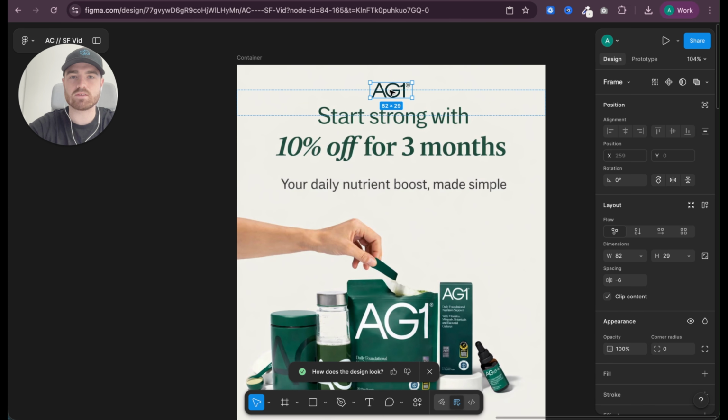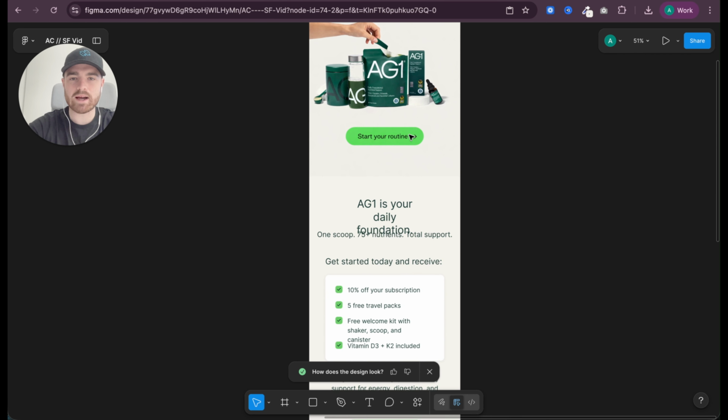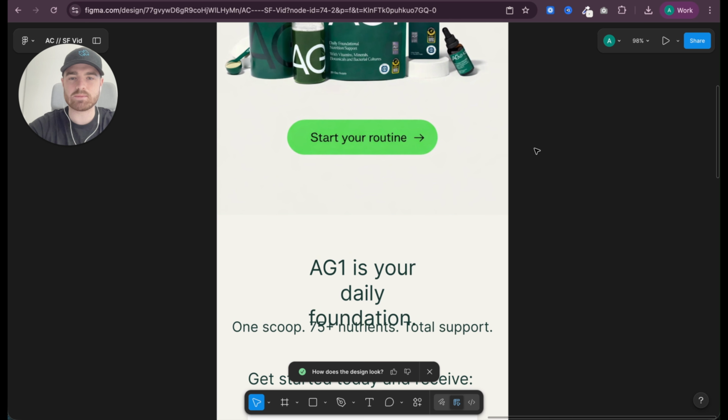We don't want to obviously distort it either. And we're just going to pull that a little bit up. We're going to come back out. Now what we want to do is, you'll see that there's a little bit of a difference between the two